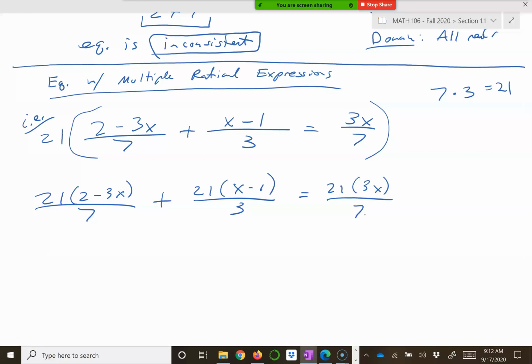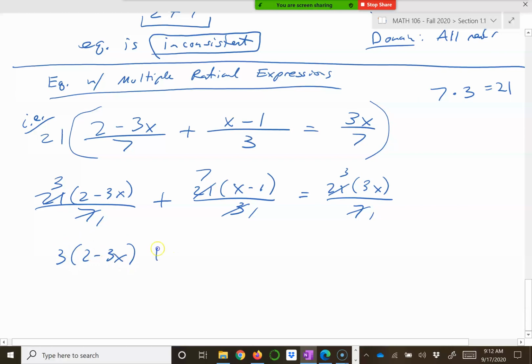So when you multiply by this 21 value, in this first rational expression the 7 cancels out, you're left with the 1. This number becomes a 3. In the second rational expression, the 3 crosses out to be a 1, the 21 becomes a 7. I'm just reducing these fractions, and that's 1 and that's 3. So now if I rewrite this, it now becomes